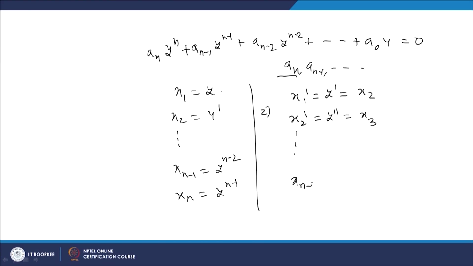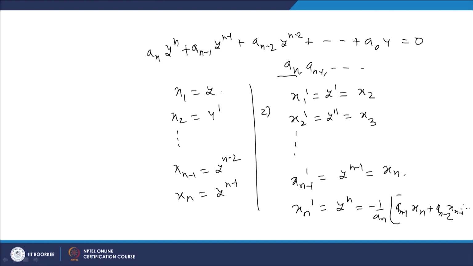We can define xn minus 1 dash is equal to y^(n-1), that is given as xn, and xn dash is given as y^(n), and you can write this as minus 1 upon an, provided that an is non-zero, times an minus 1 y^(n-1), which is xn, plus an minus 2 and xn minus 1 and so on. So, here we can simply say that I can write it here as x1 to xn